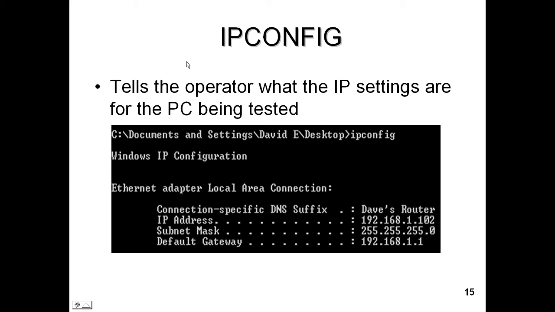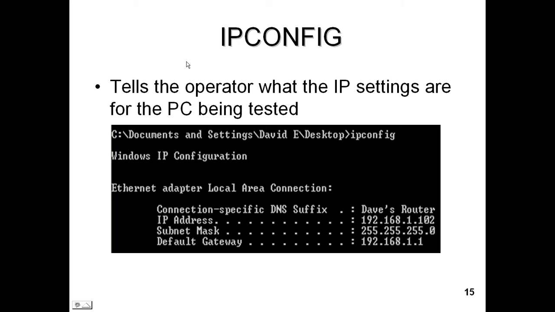troubleshooting is you need to know about the PC, netbook, or laptop that you are using. You got to start there, and you got to say, what's going on with my PC? And to do that, we go to ipconfig. So we go into our command line, we type ipconfig, and it gives us our Windows IP configuration, and it